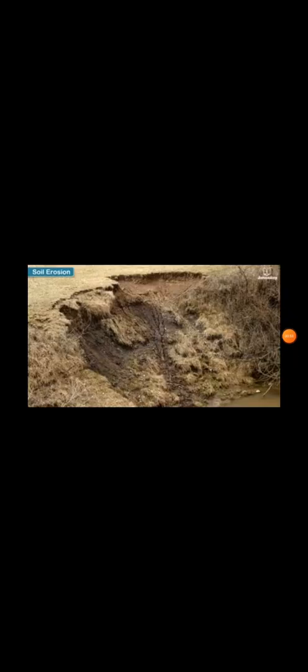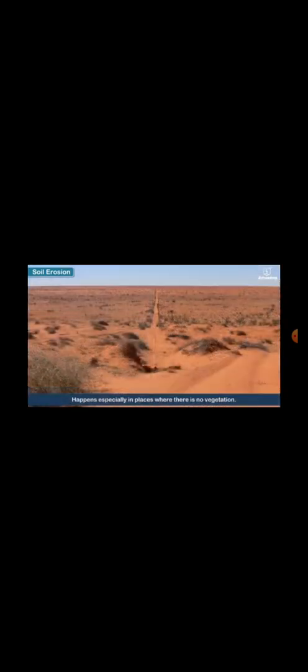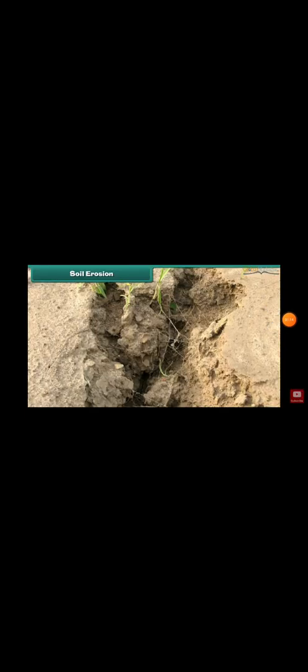The natural removal of the soil by the action of water or wind is called soil erosion. Soil erosion takes place when loosened soil is carried away to further places through the action of wind and water. It happens especially in places where there is no vegetation. Look at the images: the disappearance of the topmost surface and large ditches in the ground are the signs